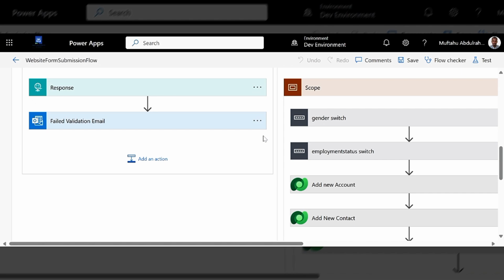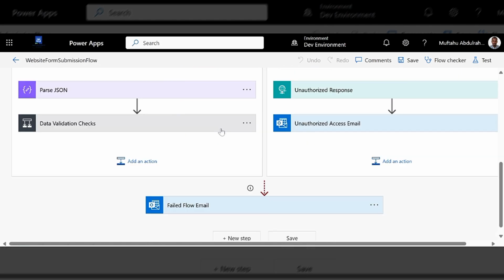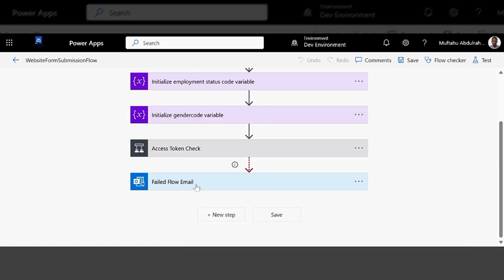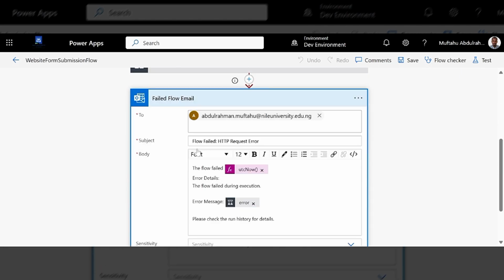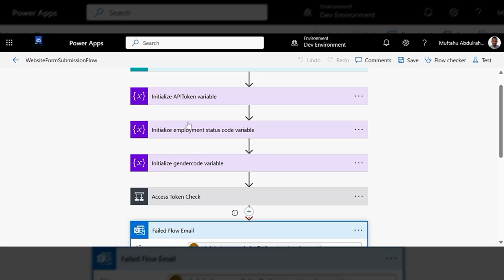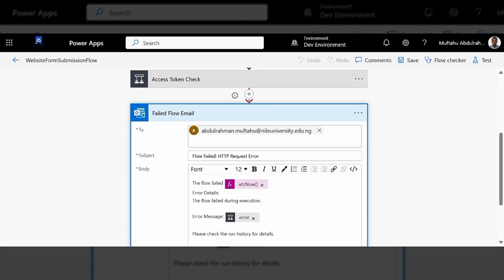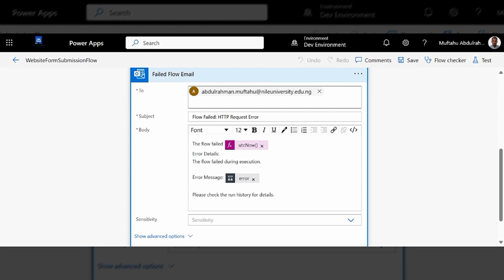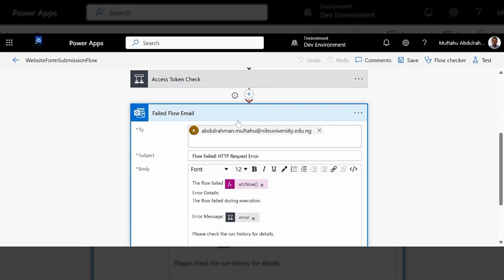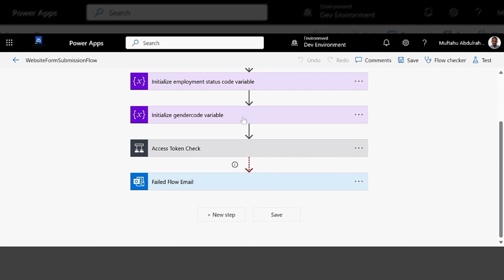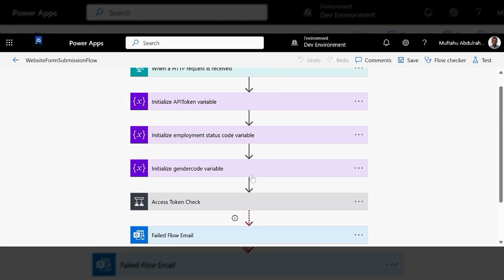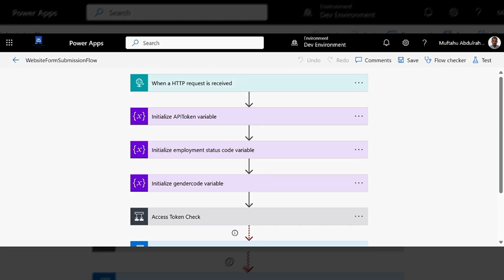However, if this entire flow fails, then we have an email that triggers. It's called the failed flow email. What this email does is check, and if this entire process fails, it becomes triggered and sends an email that this workflow failed, giving the specified time and the error message. However, if the flow comes in successful, then the failed flow email is skipped. It's not triggered. So this is the flow of my Power Automate integration to the Power Page from the front